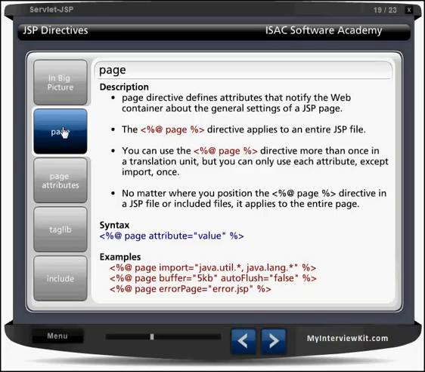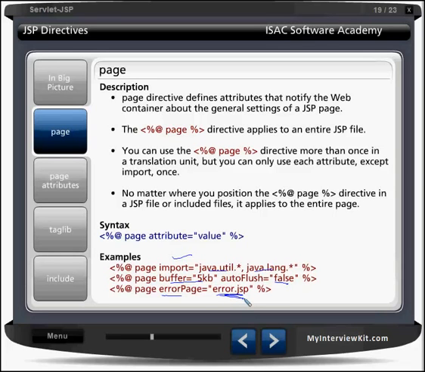You can see clearly here we are writing <%@ page and we are saying import equal to the util package, lang package we can import. We are saying page buffer equal to 5 kilobytes, so we are buffering here. Auto flush false, error page is errorpage, so we are saying that if an error comes on this page, go to this page, errorpage.